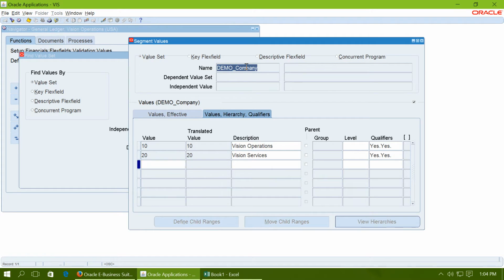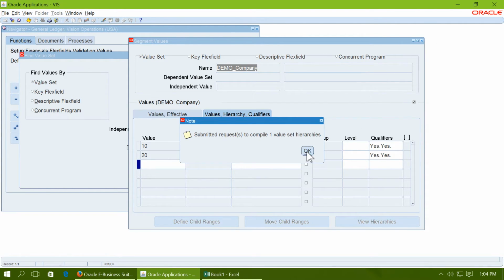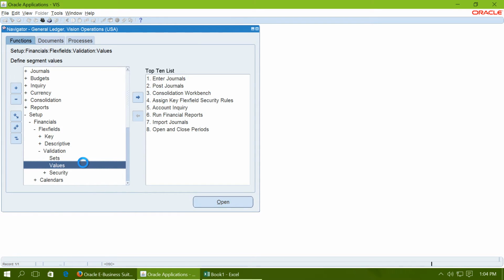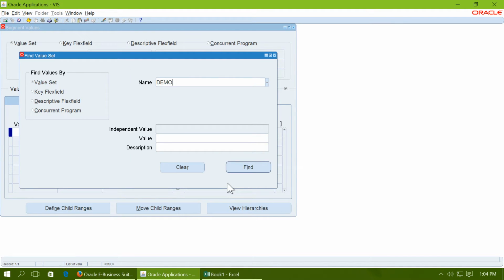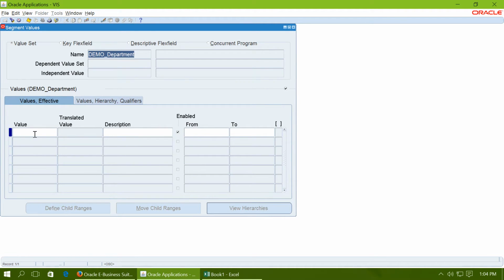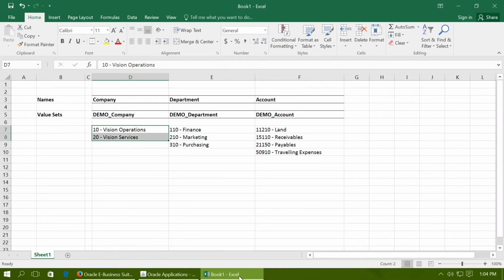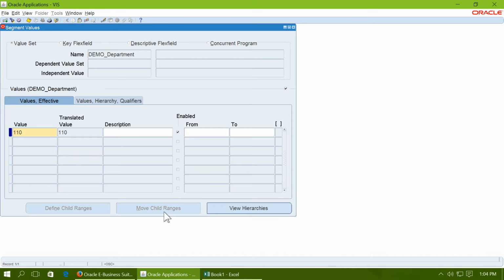To enter the values for the next value set, close this window, go back to values again, enter the name of the value set, that is demo department, say find and enter the values 110. Go back and check the values in the spreadsheet. 110 is finance and 210 is marketing.